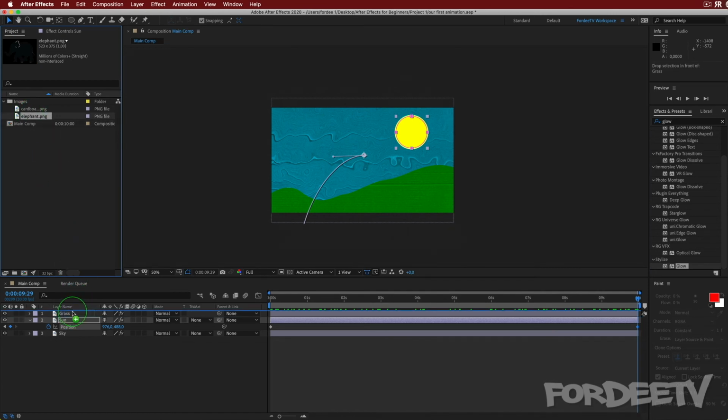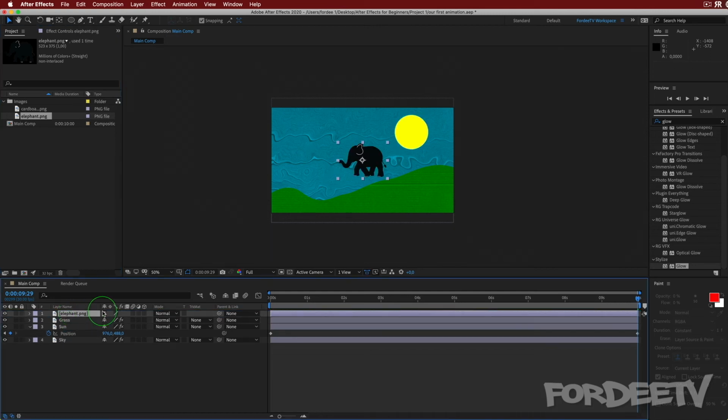So we probably want this elephant to go on top of everything, right? So it's now here. Let's say we wanted it to animate from the left side to walk over, right? And walk, we're not going to animate its feet. That's way more complicated than a beginner tutorial, but who knows? Maybe we do intermediate, advanced stuff later. Anyway, the first thing we want to do is change which direction he's looking at, right? So if we come over here to the elephant